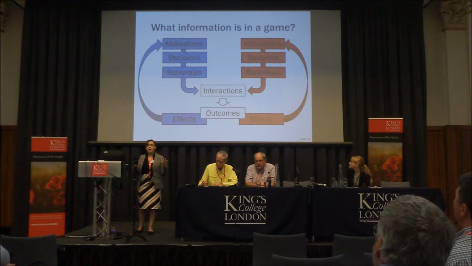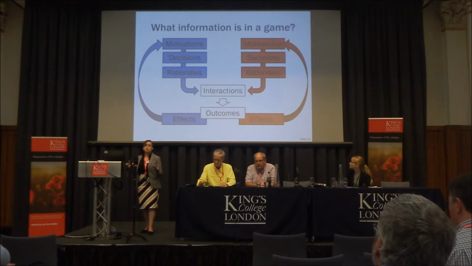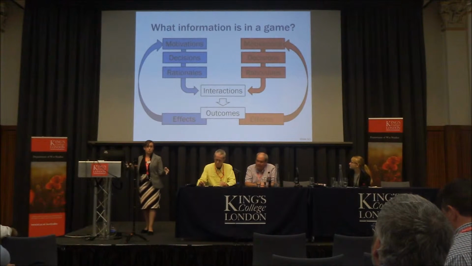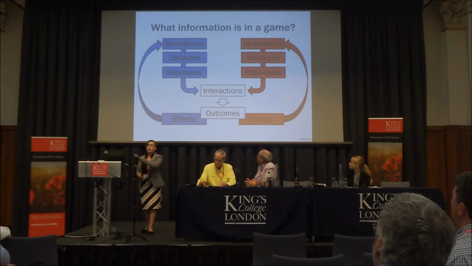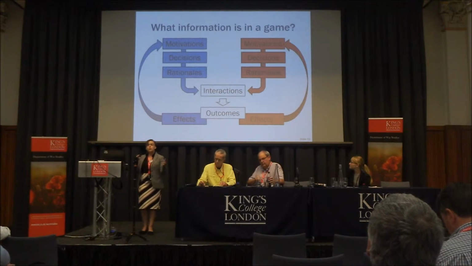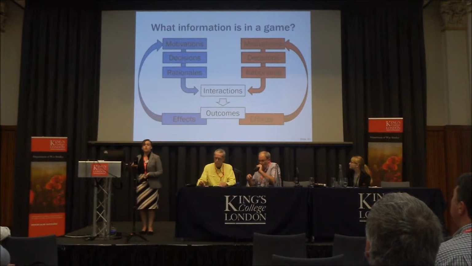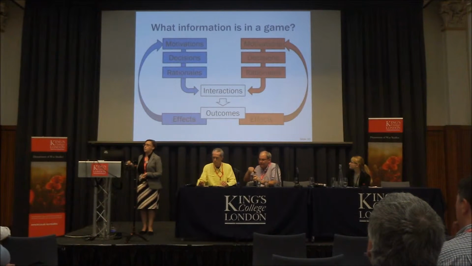So where does that actually come into our gaming process? And what I've tried to map out here is just a very, very basic two-sided game with an adjudication cell. I think most of what I'm going to say holds across the spectrum of game formats, though that's something I'm definitely interested in debating. My point here is just to break down what the major components are between the interactions between the sides. So where does this hidden information come in for those four types of problems I laid out?